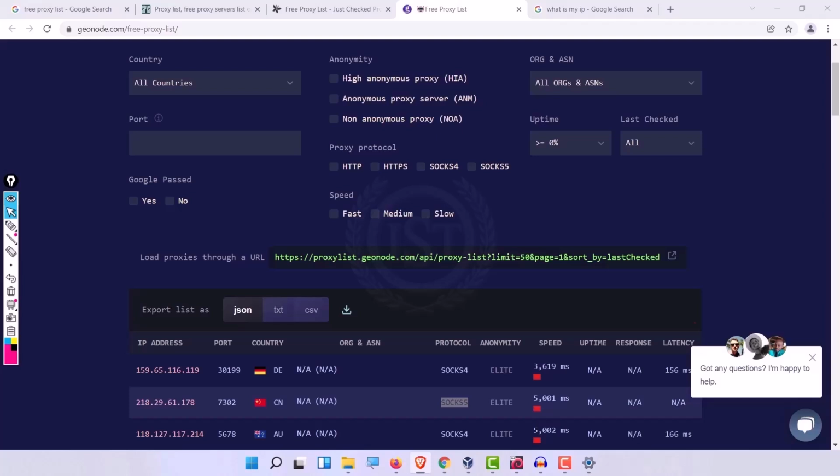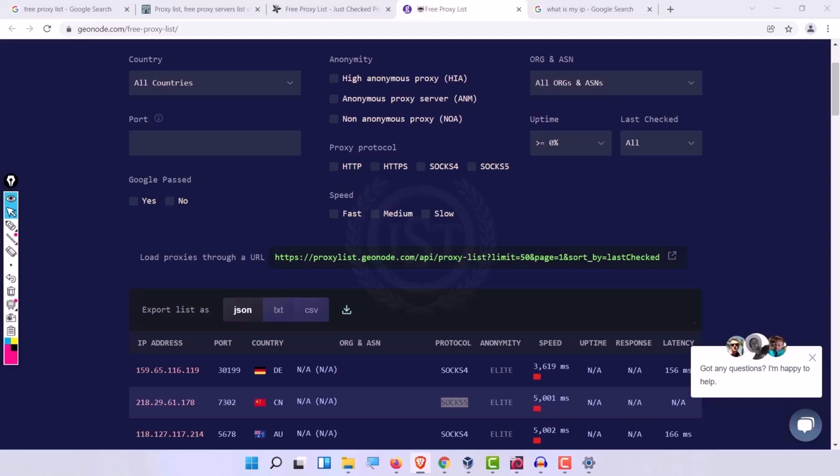Basically, SOCKS is a short name for socket secure, and SOCKS is a network protocol. It is a protocol at layer 5, and it is used to exchange network packets, or basically transmit data between client and server through a proxy server. It also provides authentication, like if you have a username and password, then you can access the proxy server.